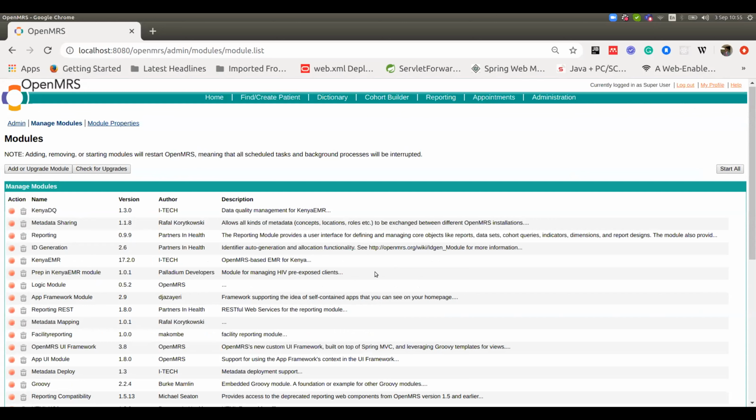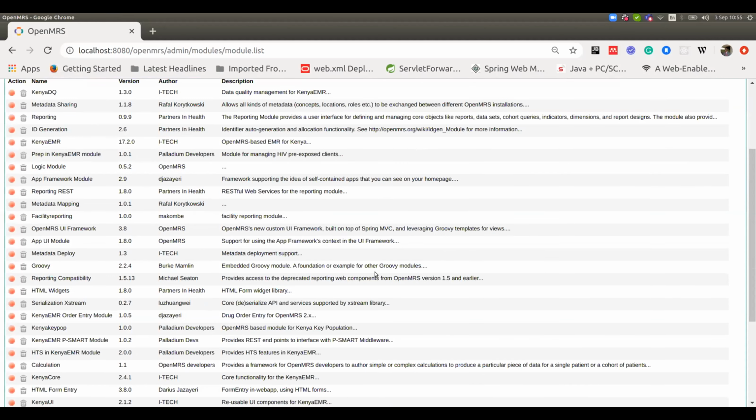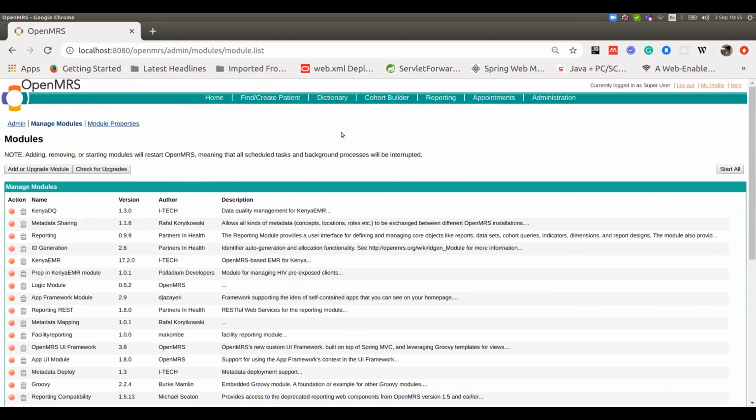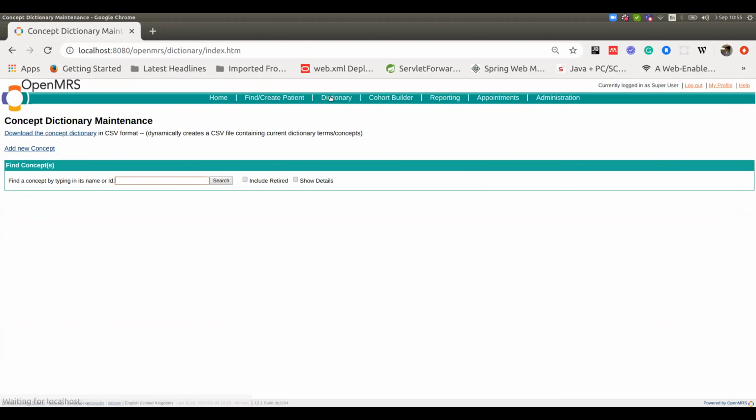But in a nutshell, I just wanted to show that the architecture has a database, which is MySQL, the platform, which in this case is OpenMRS 1.12.1, and a set of modules, which we can see here. Now, back to the concept dictionary. We have a link here called dictionary. If you click on dictionary, you can search the dictionary